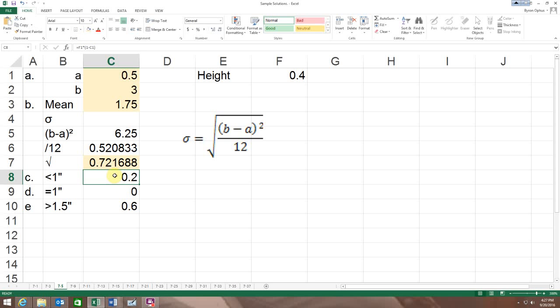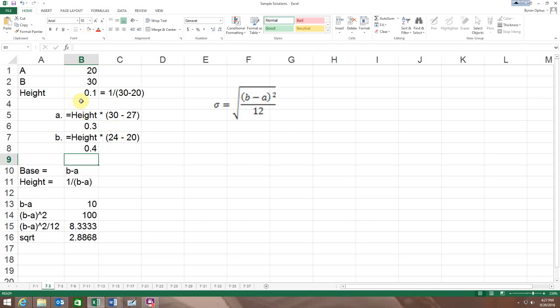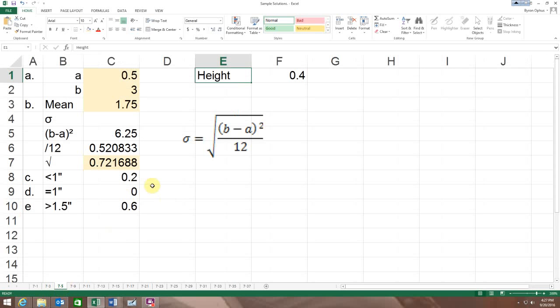Then mine says C. It says, what is the probability of less than an inch of rain for the month? So I went ahead and calculated my height, and if you remember from going back, for us to figure out a probability of a certain area, it's just the height times whatever that area is, and so I'm asking for less than an inch, so I would have 1 minus 0.5 times my height, and my height, I went ahead and calculated, is equal to 1 minus